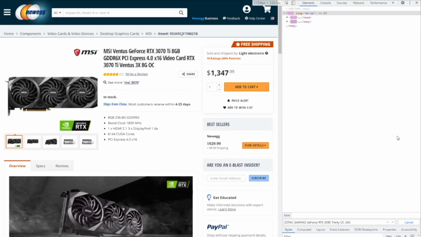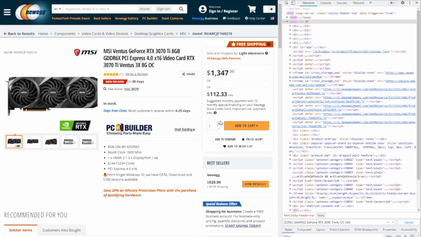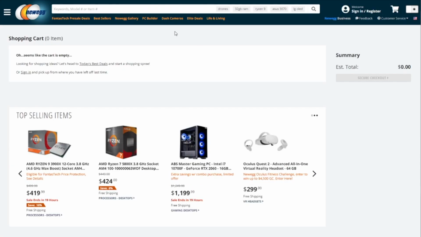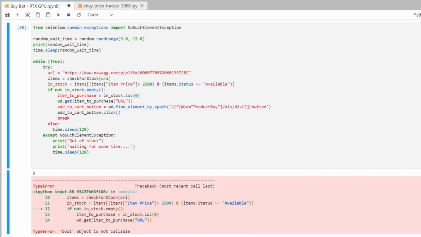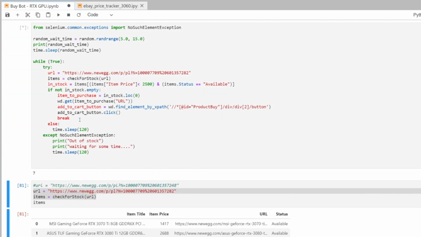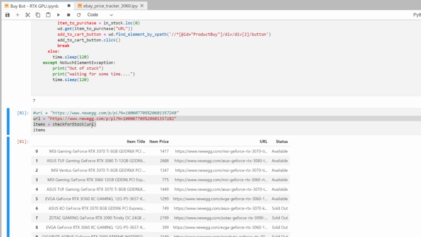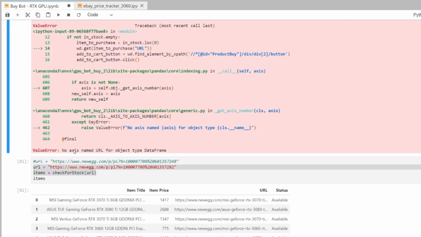Okay. So you can see it's adding to cart already. It didn't quite work, so let's try again. I think I made a mistake. I added an extra bracket, so it doesn't need brackets, empty.